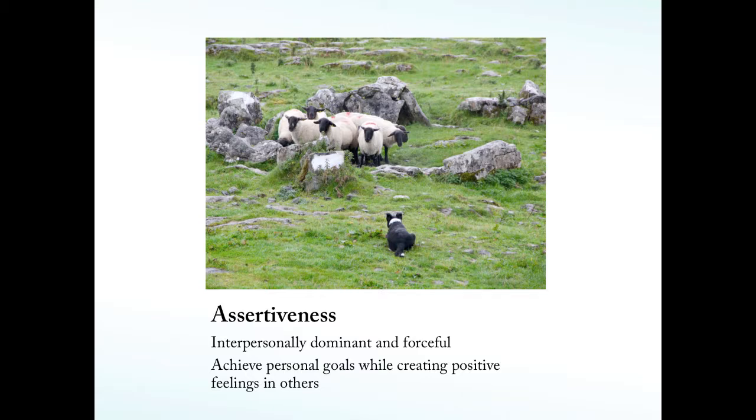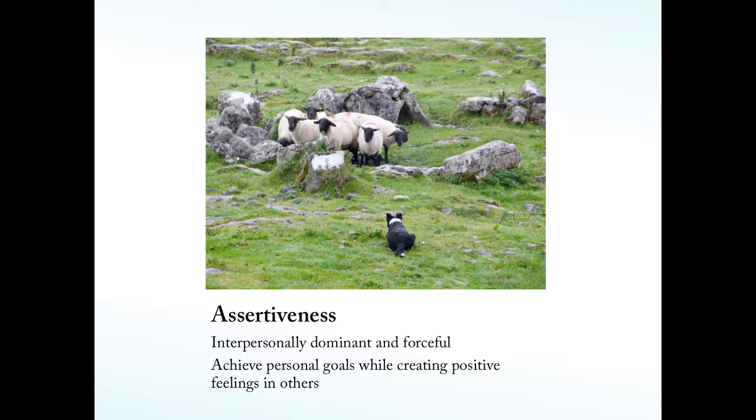I love this picture because look at that dog. Just standing there, having sort of run circles around them, maybe nipping at their heels, but probably not. Probably just running circles and sort of barking, maybe not even all that forcefully. Got those sheep to go into one place. And now the dog, just by standing still, is accomplishing getting them to stay in one place, at least for a few minutes. They are sheep, right? So assertiveness is about being